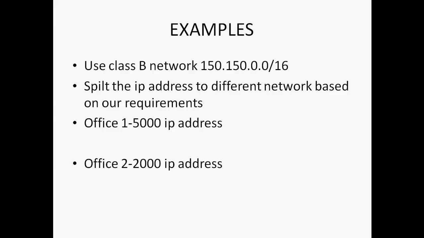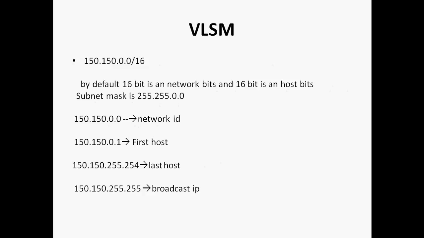So use the class B network, that is 150.150.0.0/16, the default class B network. Using this network, I can split into 2 offices. In Office 1 I need 5000 IP addresses, and in Office 2 I need 2000 IP addresses. Okay. So before going into the VLSM concept, by default